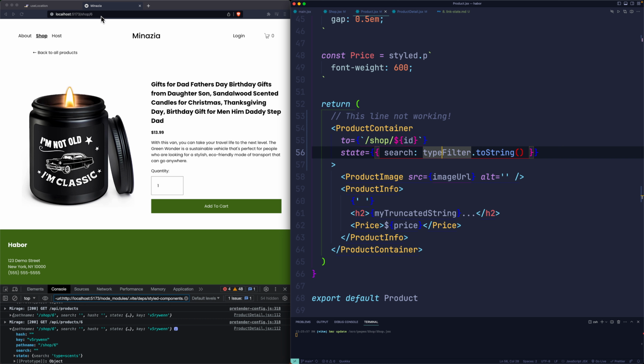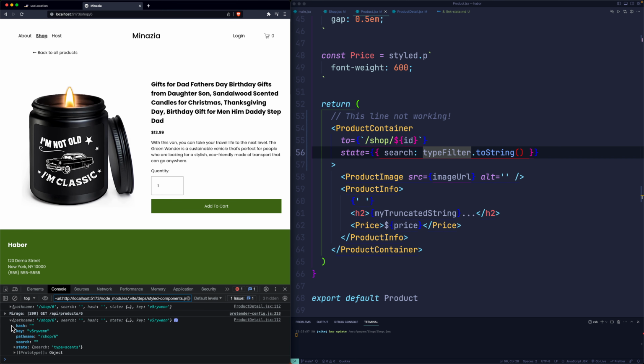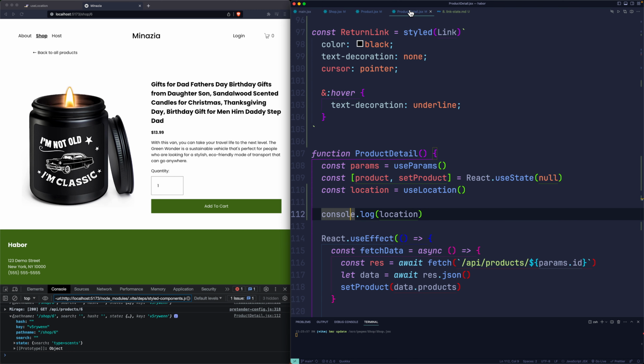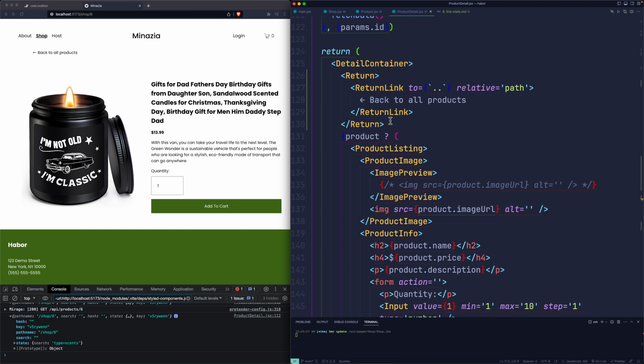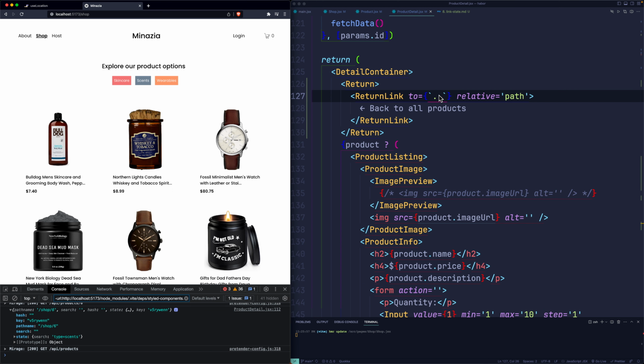And what's cool is that if we refresh the entire page and we go back in here, we keep our state. And that's exactly what we wanted, because now when we're inside of our product detail, instead of just going back to all the products or to the previous directory using the double dots,